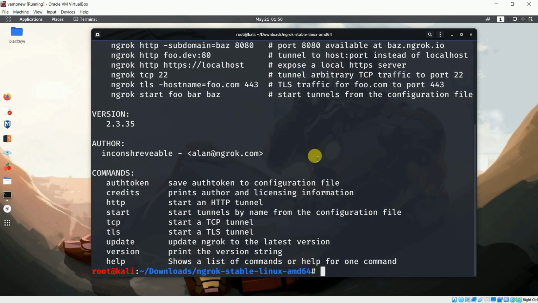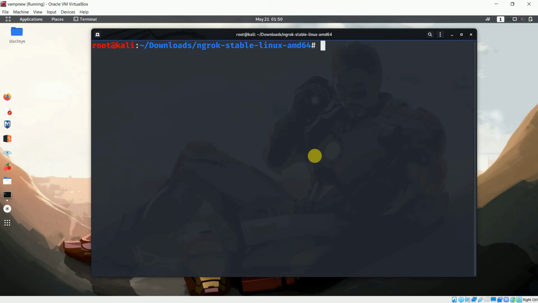to start a TCP or TLS tunnel. So we are gonna touch the most important part, that was our target, that is to expose our private IP as a public IP, so that other people who are out of our network can access our localhost server. So this is our main target, and we are gonna achieve it using our ngrok tool here. So what I'm going to do here, I will just clear it out.